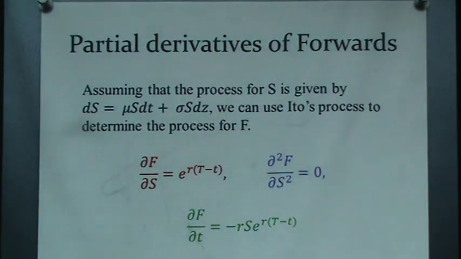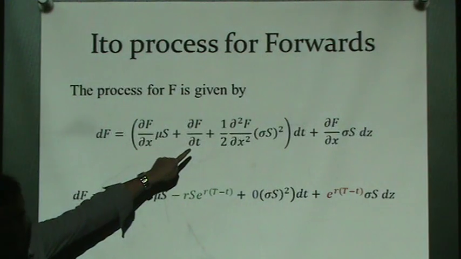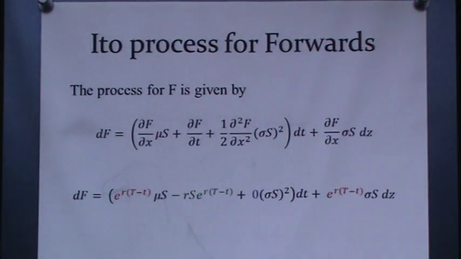So now we plug these derivatives into Ito's formula, and we get... so basically this is Ito's formula, like the textbook version. All I really did was everywhere we saw a G, I made it an F, because we're doing the forward. And then we plug in this formula and we get,